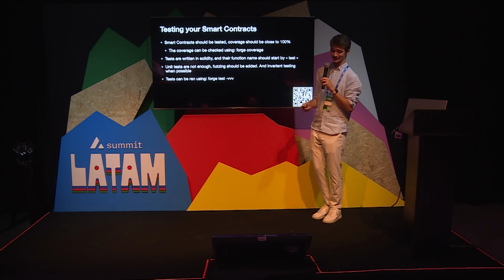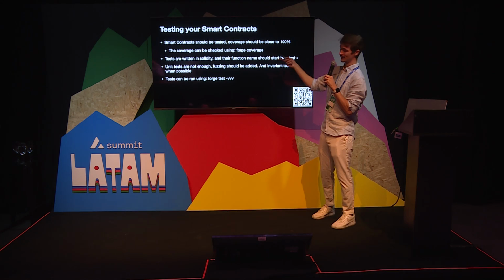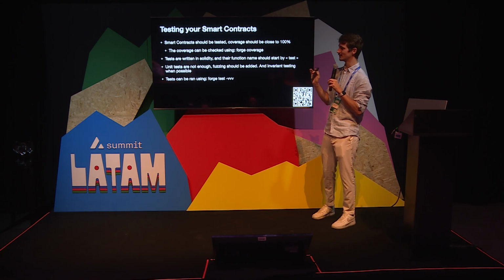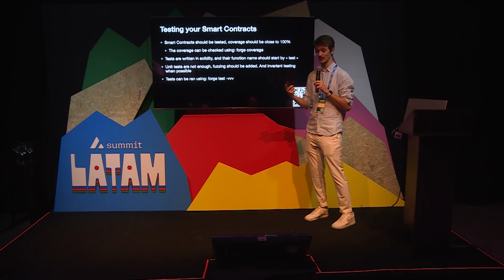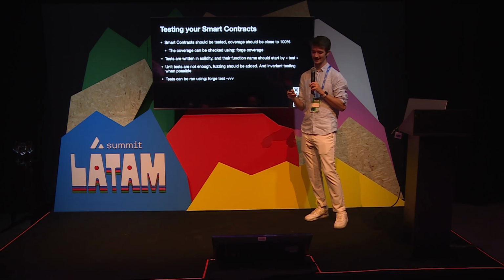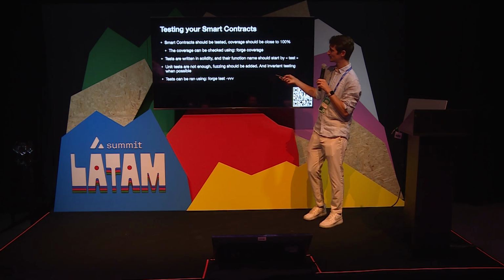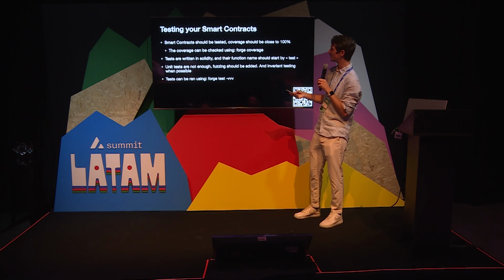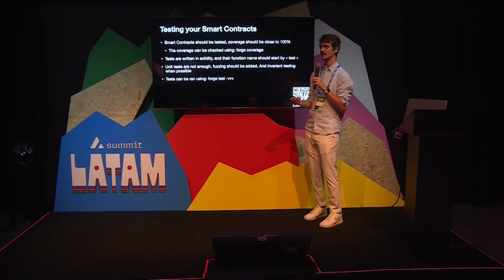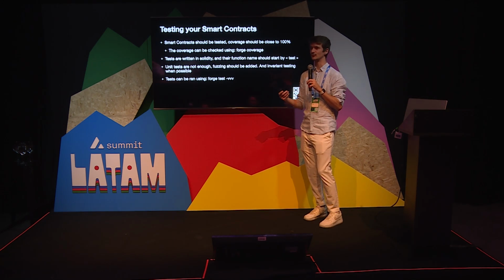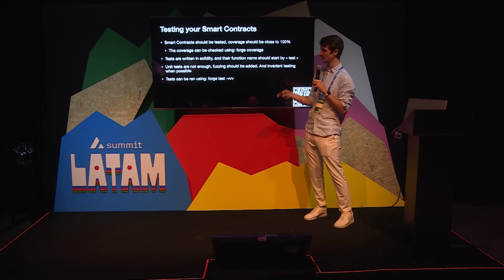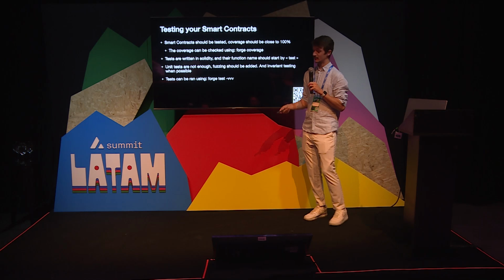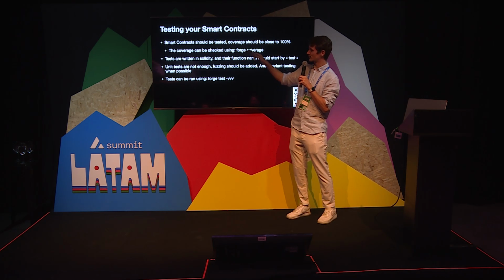So, testing your smart contracts now. You wrote the previous contract. There are some issues, but you only found one. And now let's see how you could have found one, but also the trickiest one, using tests. Smart contracts should be tested, and coverage should be close to 100%, but that's not the whole truth. Even if your contract is tested at 100% coverage, it doesn't mean it doesn't have bugs, and we'll see that later. And you can check the coverage just using forge coverage